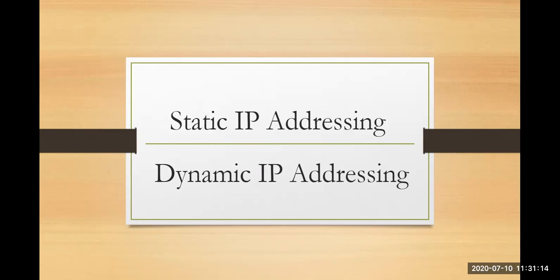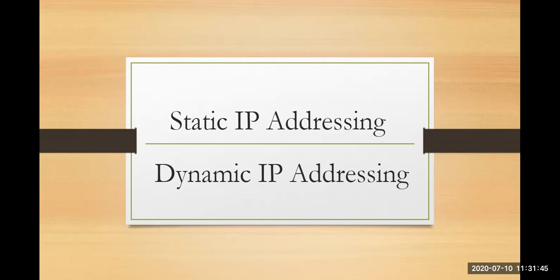Last, static IP addresses are used for FTP, that is your file transfer, mail server and VPN. Whenever you want to have end-to-end communication, whenever you have to make sure that all has been sent and received successfully, the receiver and the sender both should know each other. So in that case, you will use static IP, because that is the only communication mechanism by which they are going to communicate with each other. So they should know their actual names. So when you want to have an end-to-end communication, you will use static IP.